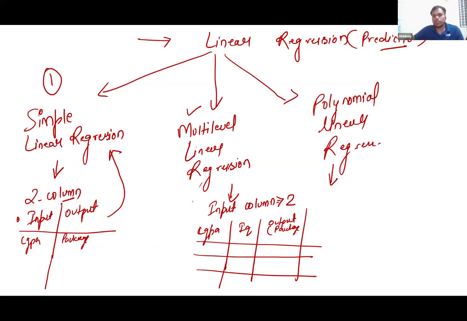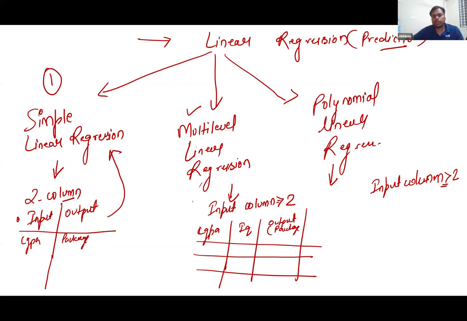So for the polynomial linear regression, the input column will be greater than or equal to 2 itself, the same, okay, just like we have in our linear regression. Now the scenario is, what is the difference between your multiple linear regression and your